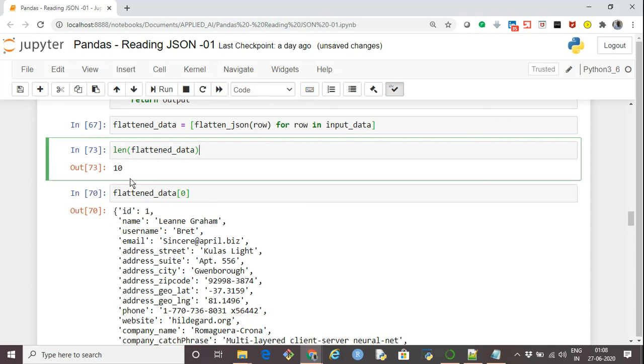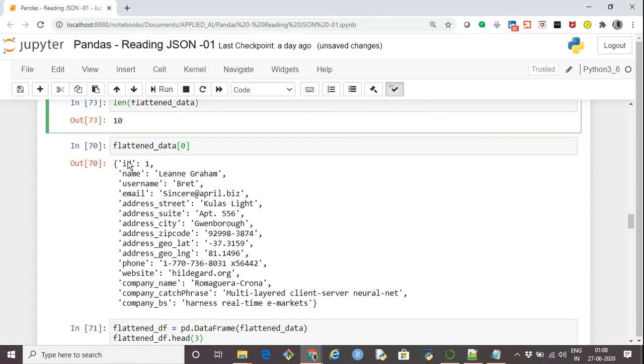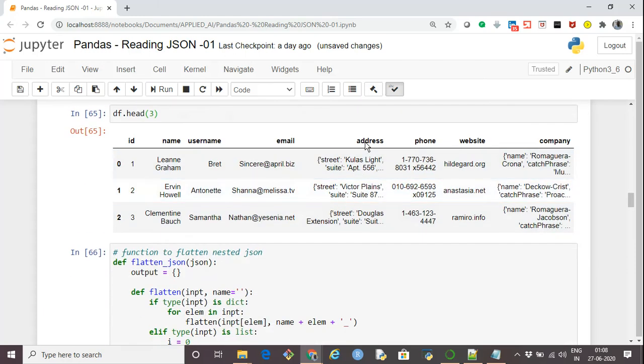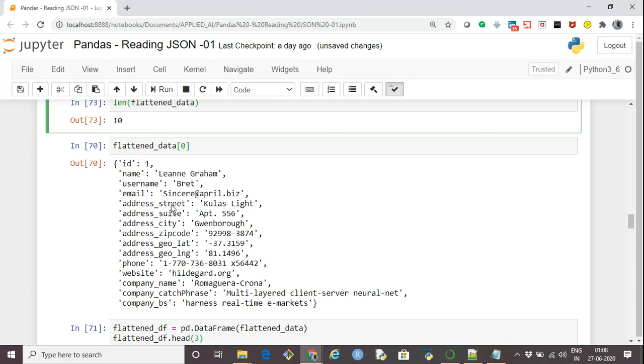Now if I want to see how the first record was flattened, this is what it did. ID, name, username, email are fine because they did not have any key-value pairs. The address field had values in the form of key-value pairs, that is, dictionaries. So it created fields like address_street, address_suite, address_city, address_zipcode.